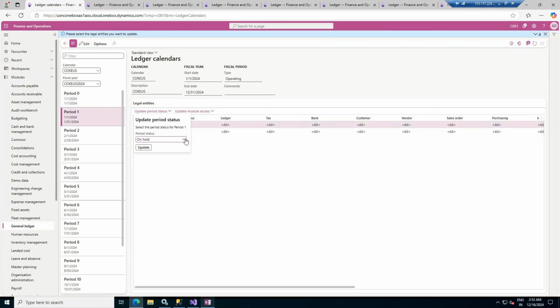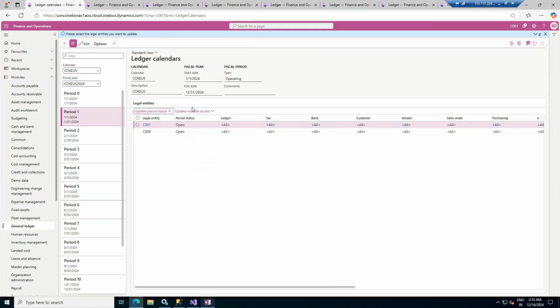No entry can be passed. So there is open, permanently closed, or on hold. Permanently closed, don't use it, because once it is permanently closed nobody can open it. But in short, ledger calendar gives me a further feature to utilize which particular module can be used